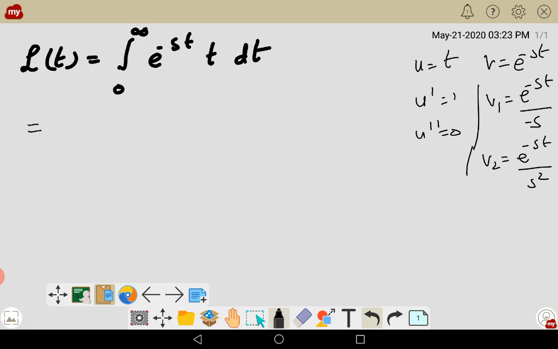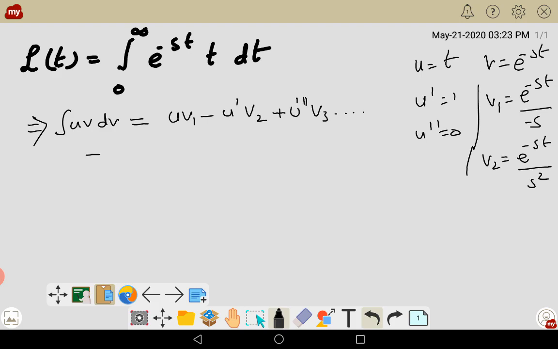So we have to use the formula here. Integral of uv is a different version of the integration by parts, which is uv1 minus u dash v2 plus u double dash v3,